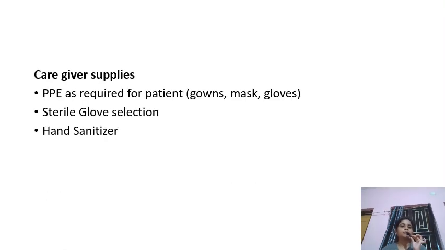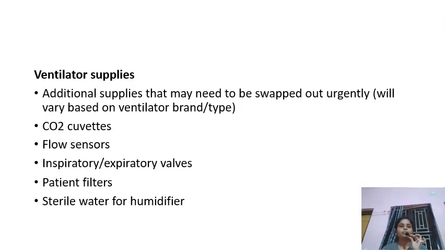Caregiver supplies like PPE, sterile gloves, hand sanitizer, all these things should be kept. Intubation is a sterile procedure, so always keep sterile gloves in the intubation trolley, and hand sanitizers, syringes. Then ventilator supplies like the ventilator tubes, CO2 cuvettes, the ETCO2 sensors, flow sensors,